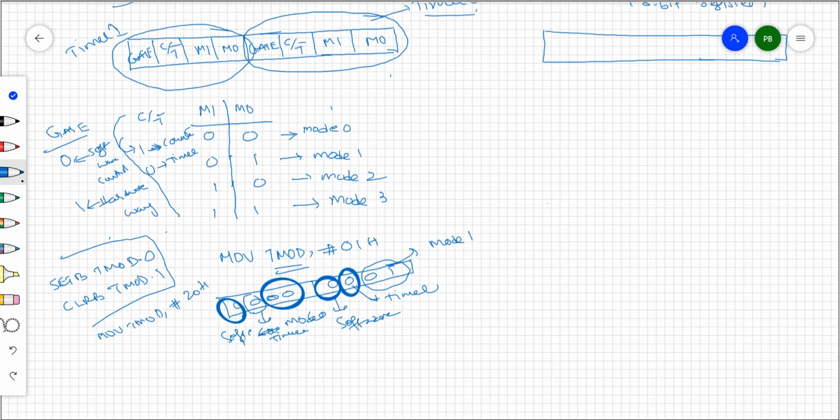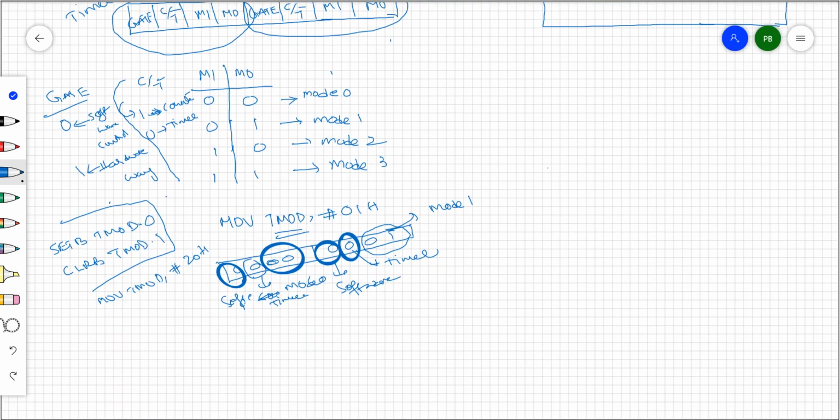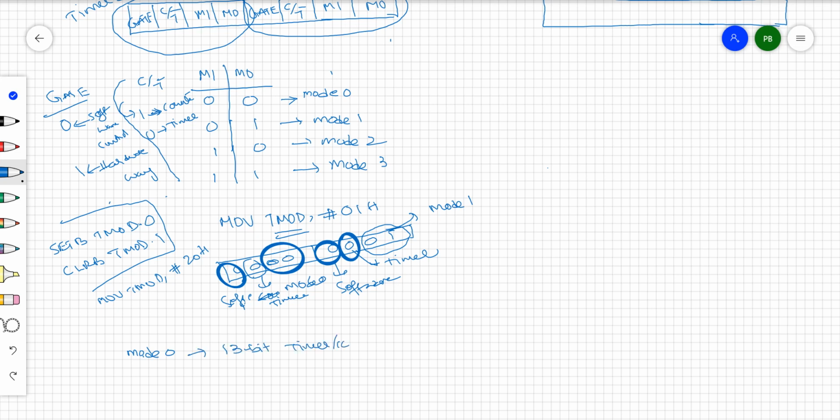This is the way this mode of operation is going to work. Next point: Mode 0 means that it is a 13-bit timer or counter, and the remaining 5 bits act like a prescaler.